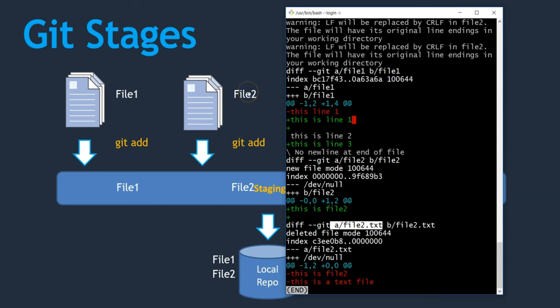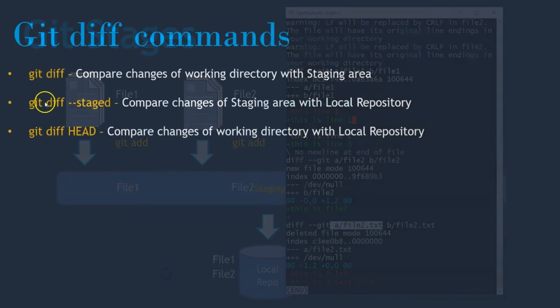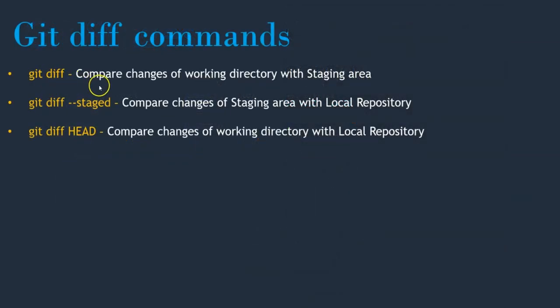Okay, just quickly run through the commands we have discussed so far. The first command which we executed is git diff. It is going to compare changes of working directory with the staging area. Next, git diff --staged. It is going to compare staging area changes with local repository. Instead of this command, we can also use git diff --staged HEAD. That also works or gives the same output. Next, git diff HEAD, it is going to compare working directory with the local repository. That is how git diff commands are going to work. That's all for this lecture, and see you in the next lecture.